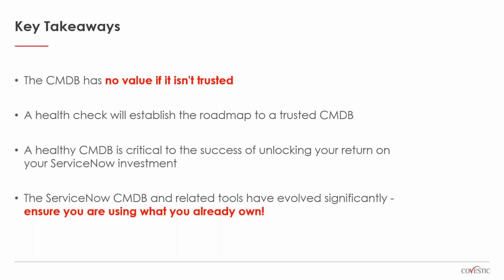ServiceNow tools have evolved. The CMDB and related tools have evolved over time. Ensure that you're using what you know. Use these tools, and my takeaway for everybody today, if you ever talk to me later on about it, you'll hear me say it: CMDB Health is quantifiable,